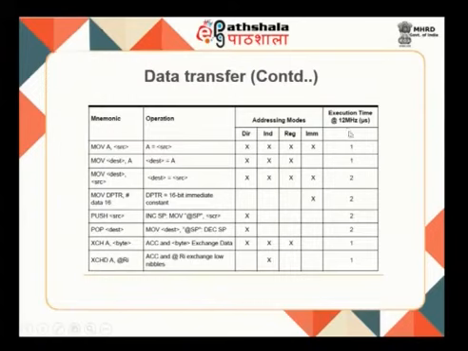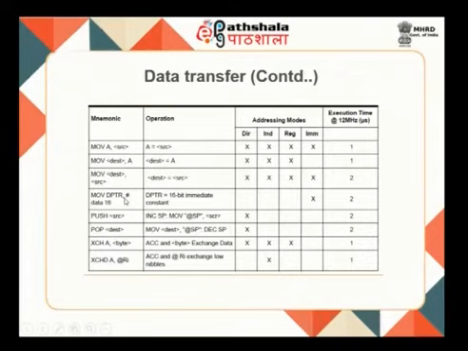What the addressing modes are and how many machine cycles it takes to process this particular instruction has also been given over there. Anyway, we will see the format with which it can be written. MOV destination comma A: whatever information is available in A is moved to your destination. MOV destination comma source: it may be a register or an address. So the source is moved towards the destination. It can be registers, addresses, or data. Anything is possible, because of that it has been indicated: direct addressing, indexed register and immediate addressing. Anything is possible over here.